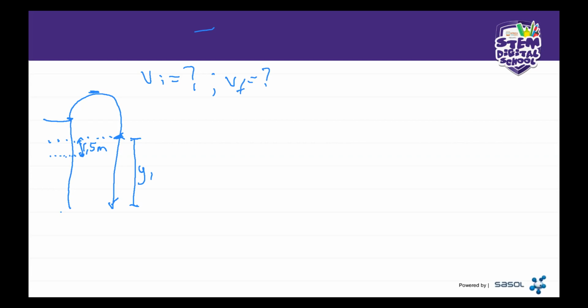And then what else do we know? Is that our acceleration is equal to minus 9.81 meters per second squared. Okay. And then we also have our change in time, which is equal to 0.1 second. Okay, so this is what is given. And we have our change in y, which is equal to 1.5 meters. Okay, so from there, we need to find this one first, right?